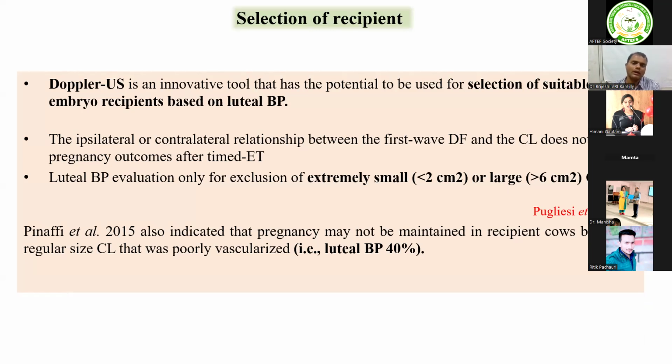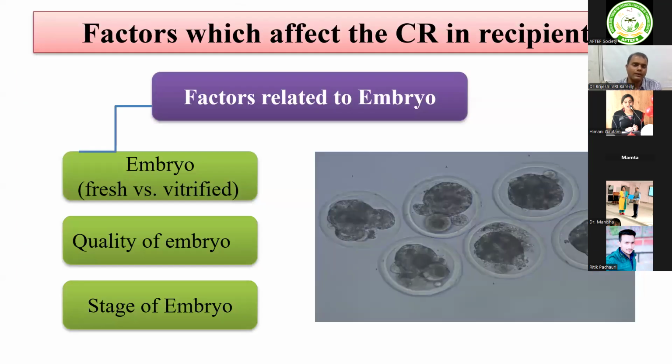So, if you have Doppler ultrasonography, definitely you go for the blood. Yeah, and there is automatic software. Immediately they will tell what is the volume or size of the corpus, how much blood flow. So blood flow should not be less than 40%. Definitely,